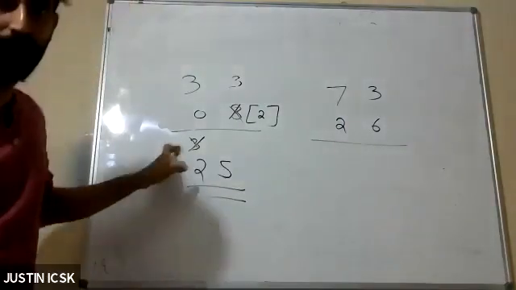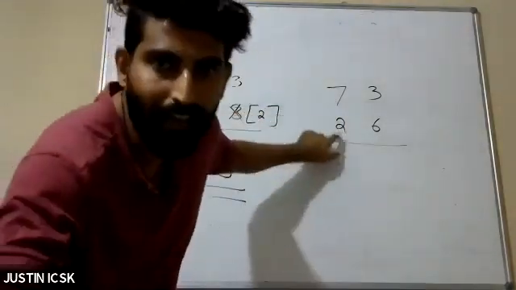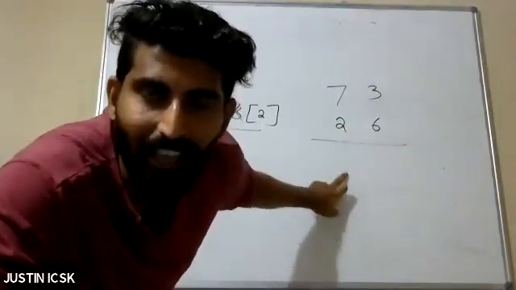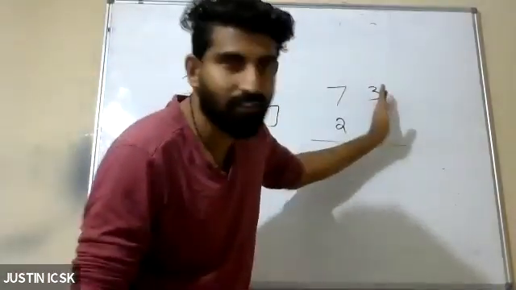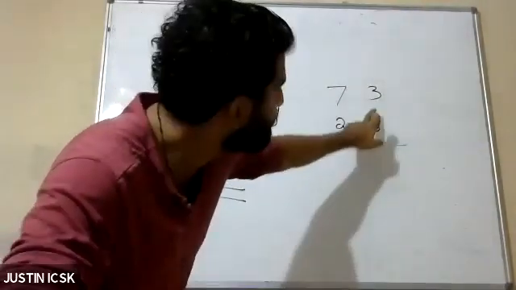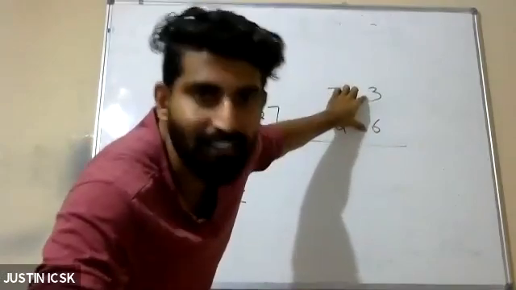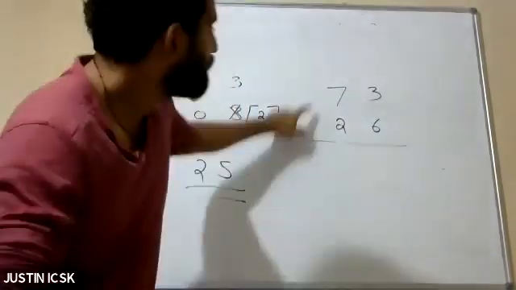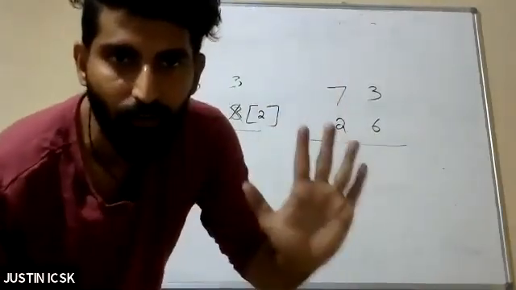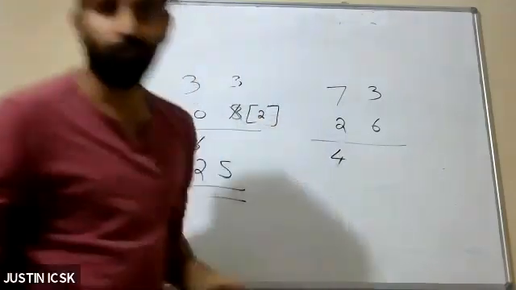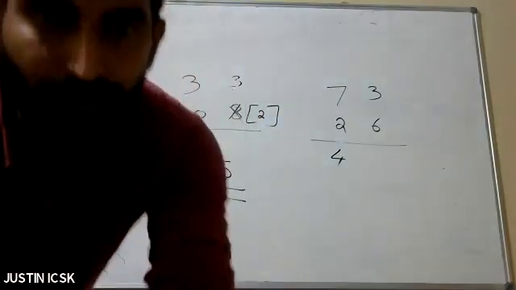So I'm not using this one. Direct one. 7 minus 2 is direct. But before writing the answer, just check the next. Before writing 7 minus 2 is 5, just check the next. If the next is indirect, just write minus 1. So you have 5, but next is indirect, so write 4. Don't write 5. Just write 4.